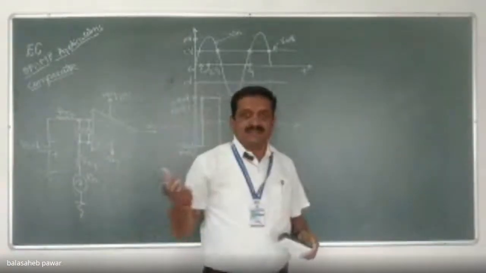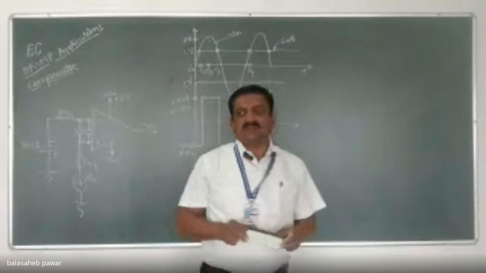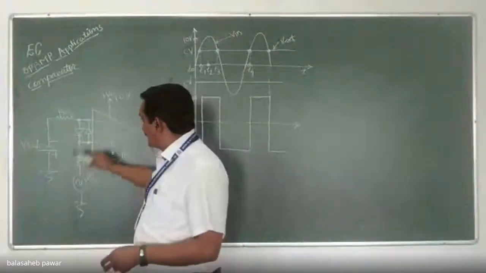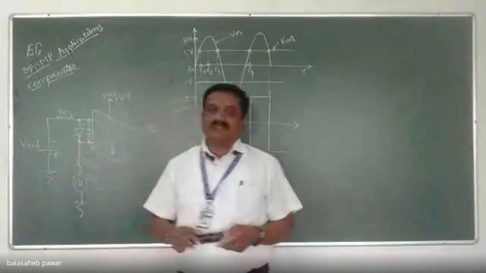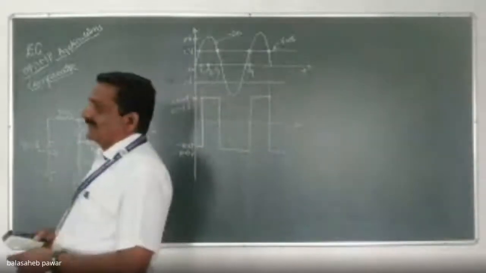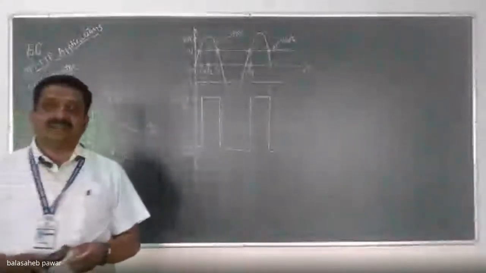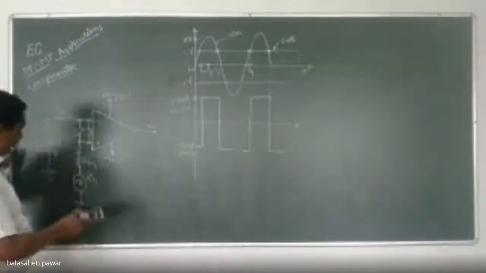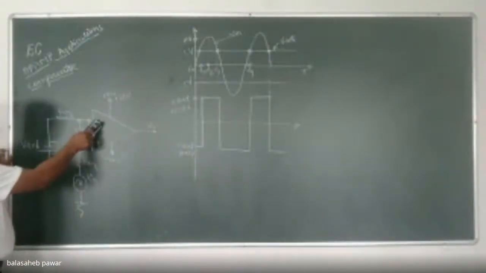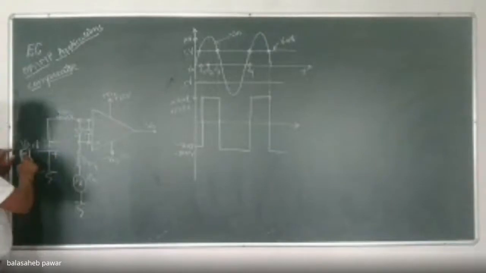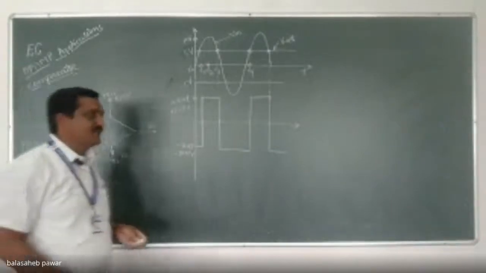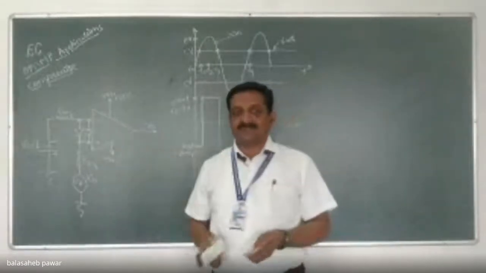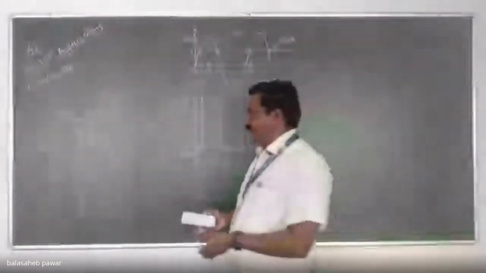Right. Similarly, we can design and develop inverting comparator. This one is non-inverting comparator as input is connected to non-inverting terminal, while the reference signal, a constant reference signal, is connected to inverting terminal. Okay. Similarly, you can apply that V in to the inverting terminal and non-inverting terminal, you can connect reference voltage. Then it is known as inverting comparator. That also you have to try by yourself. It is so simple. The working is so simple. Okay.